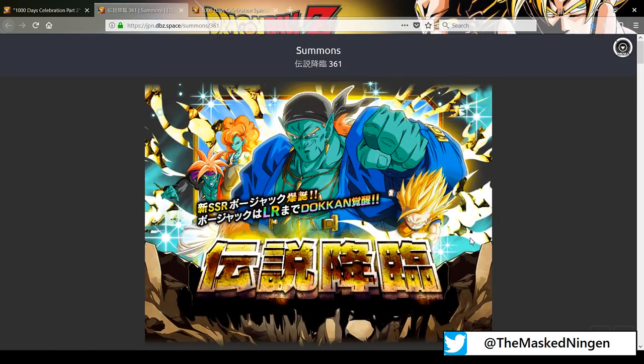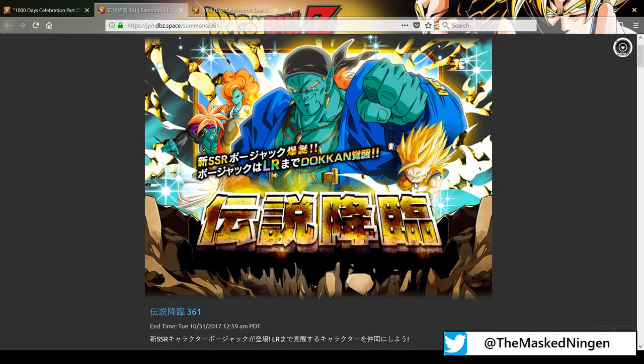I actually pulled my first LR Majin Vegeta from the featured LR Goku Black banner, so you can get the other ones in there as well. So Bojack is massively underrated. He's probably one of the better summonable LRs, so if you have the stones, I would say he's definitely worth